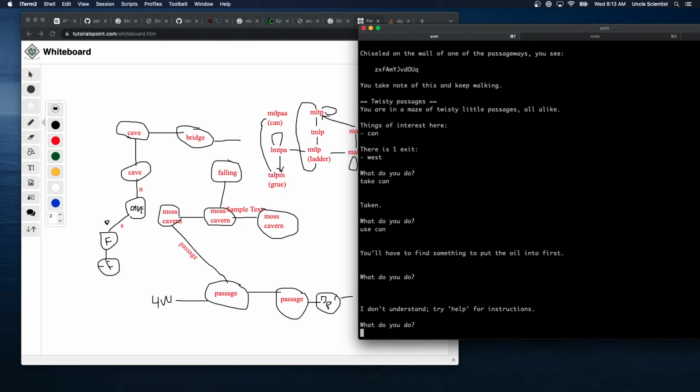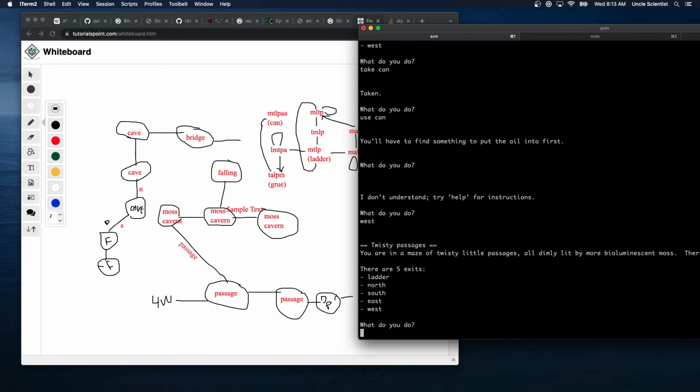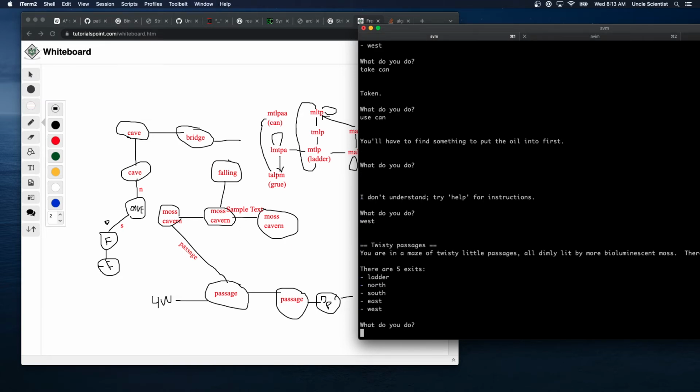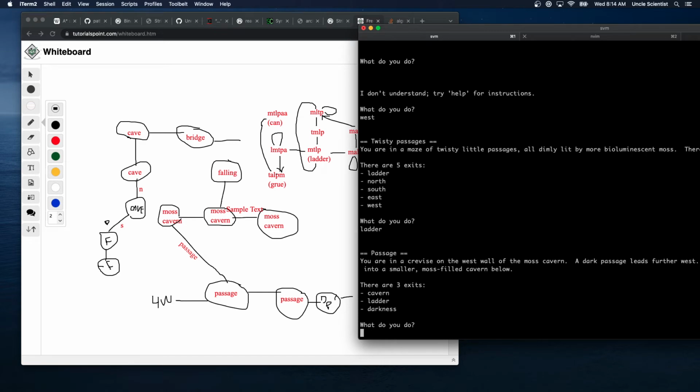Okay. We can go west, and that, oh, west takes us to the ladder. Okay, that's good. Good to know. West. So we're at the ladder. We should be able to go ladder. Let's go back and get the